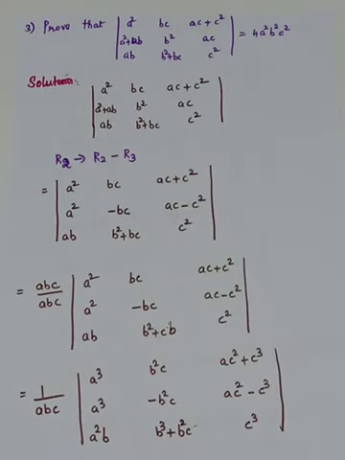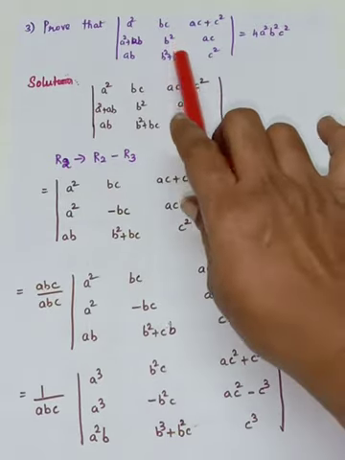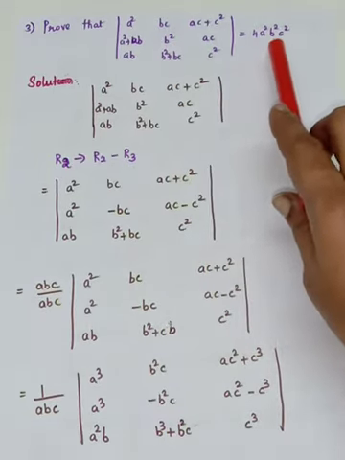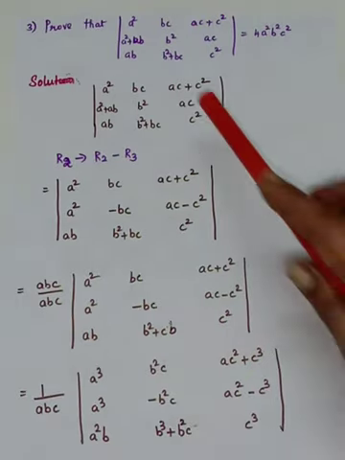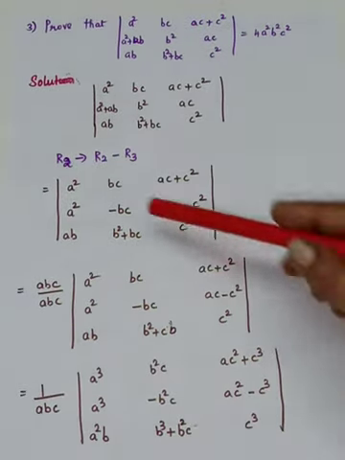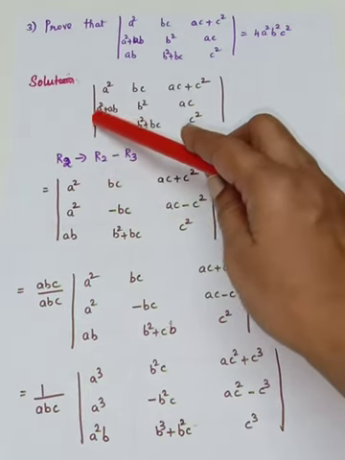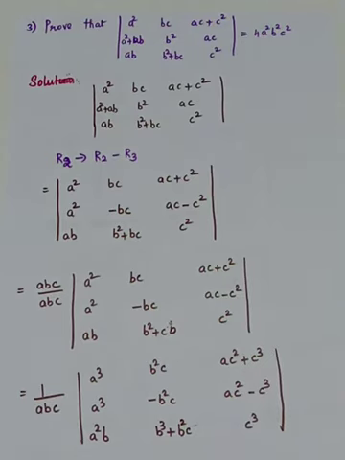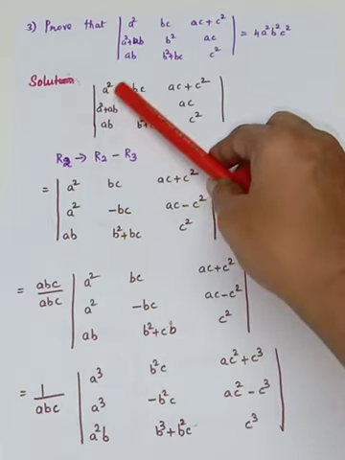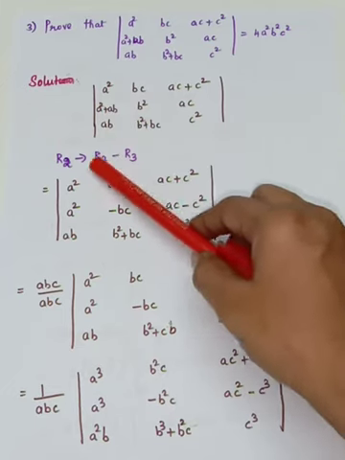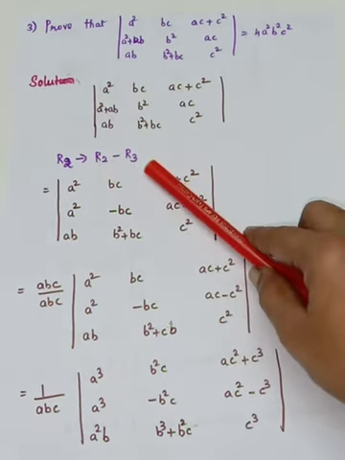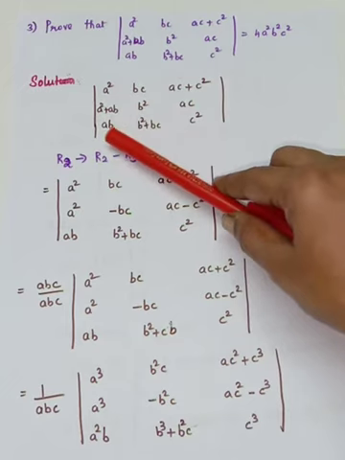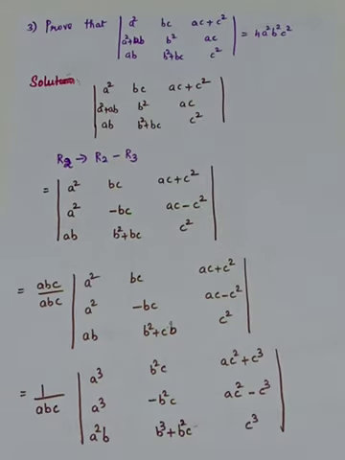And coming to the third problem. Here in this determinant, the value of the determinant is equal to 4A squared B squared C squared. I consider the determinant. So now here I am going to make a change in R2. You see that the answer needed here is A squared B squared C squared. So in the A squared term I kept as it is, and R2 is going to be changed as R2 minus R3, because in R2 you have AB, and R3 also has AB. If you subtract you will get the AB cancelled.